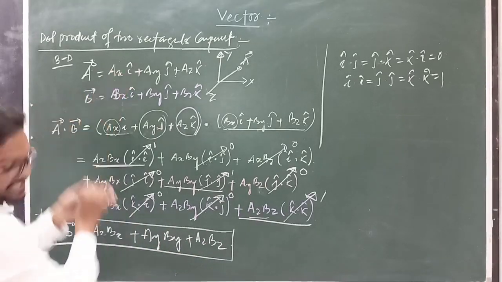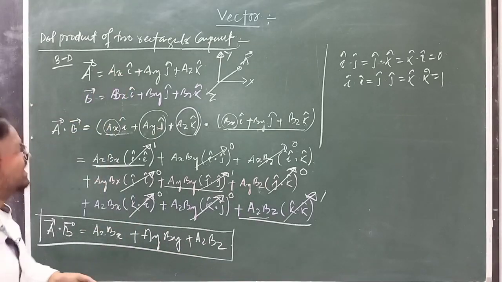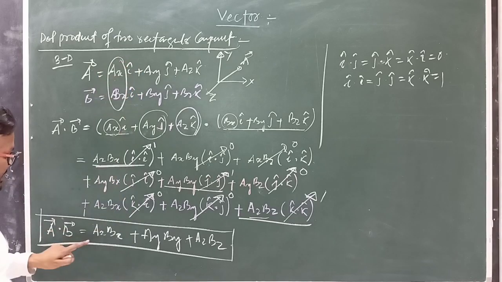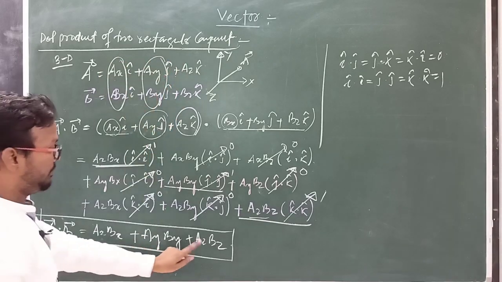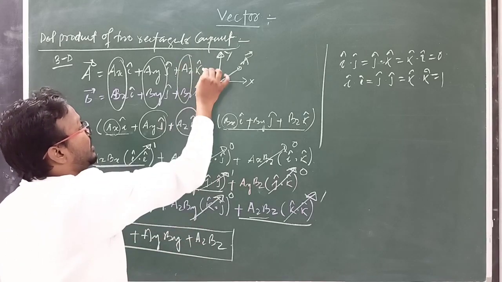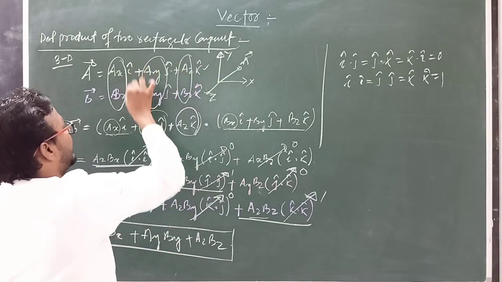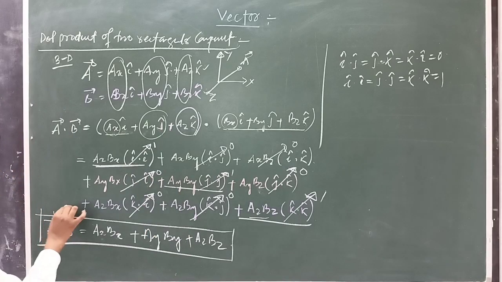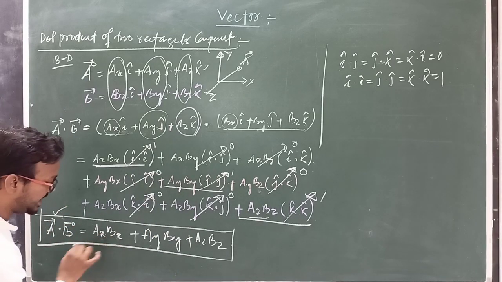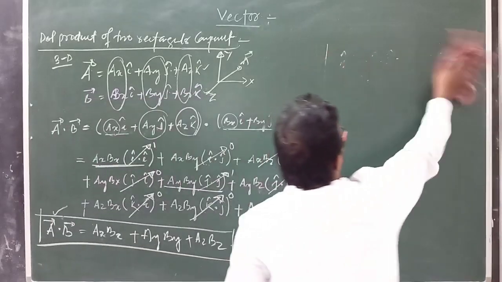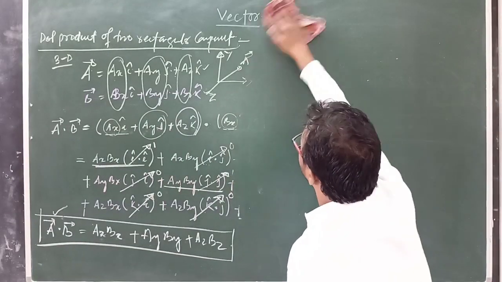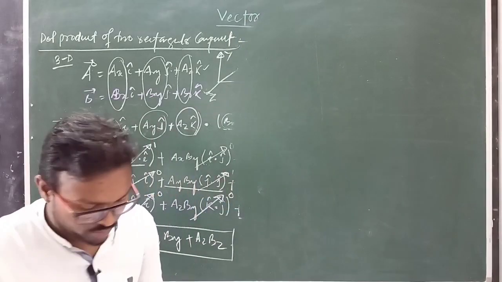Simply ax bx plus ay by plus az bz, when k cap, j cap, i cap. So this is the final answer. Clear? So the dot product of two vectors we have to find by using this relation. Clear? So if we take one example here, suppose there is one vector